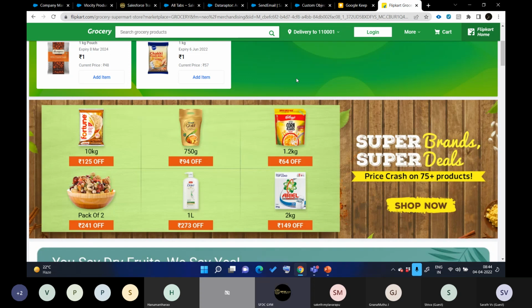Apart from e-commerce, there are other platforms also, like finance, right? Let me give you one story from finance and try to imagine how you would implement that. Let's say you are going to purchase health insurance.